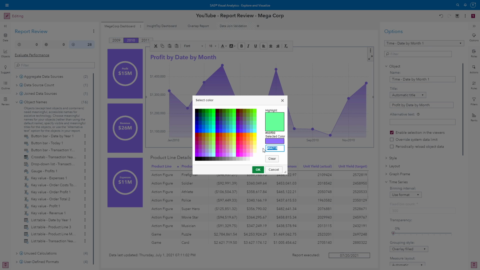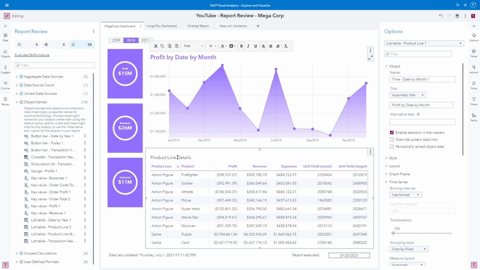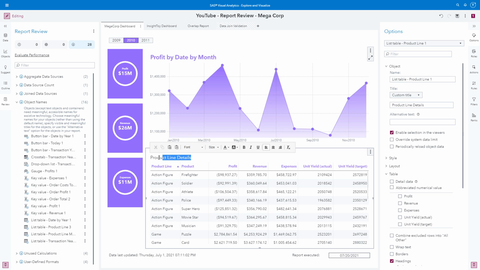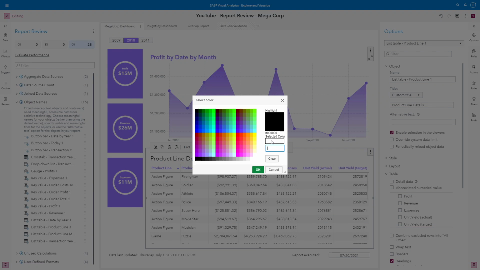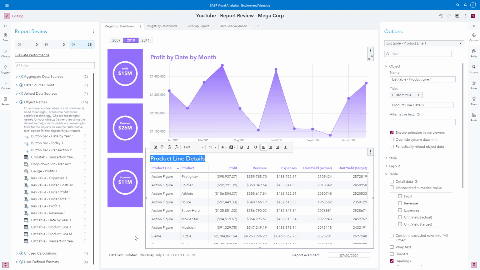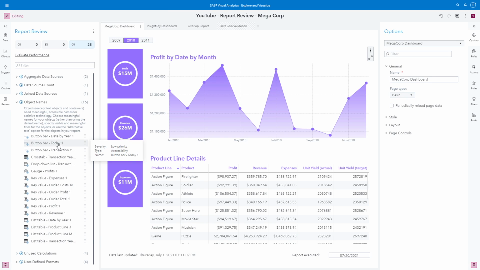I'm going to go ahead and copy this hex value, and then come down here and double click on this title. Change my font size to 18 to match the other, and make it purple and bold. Okay. So now we have one less message for the object names, and now our report has better